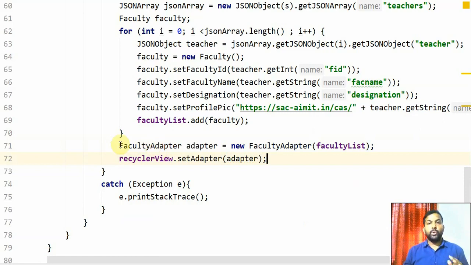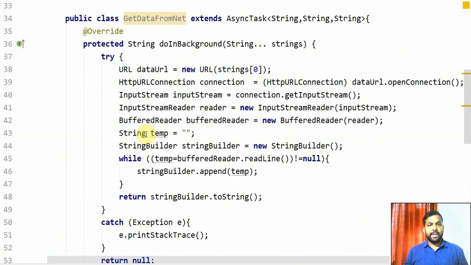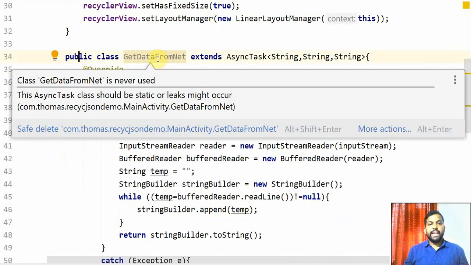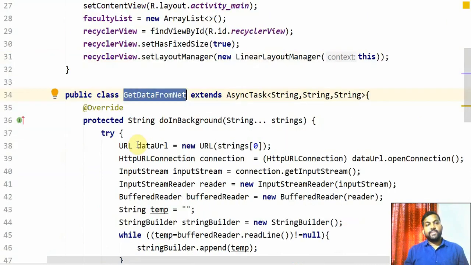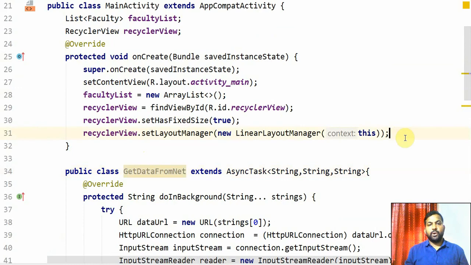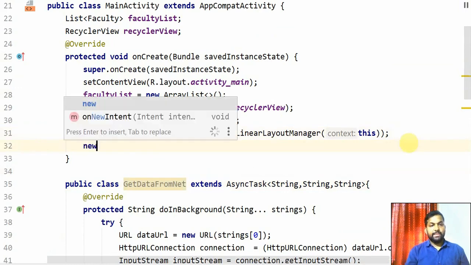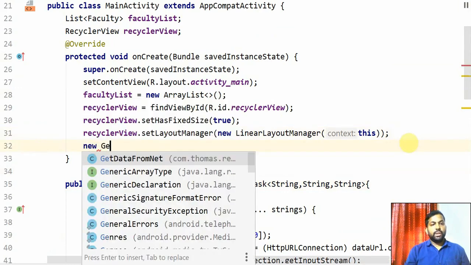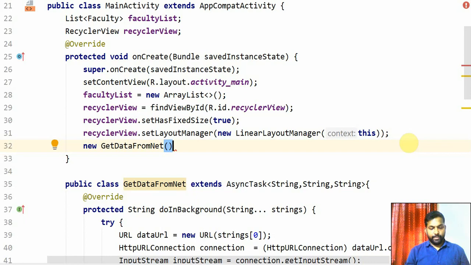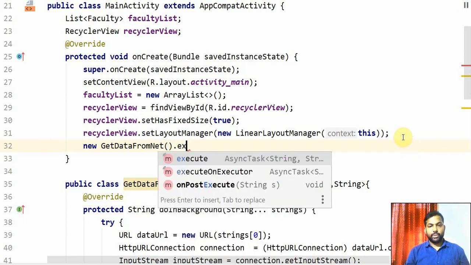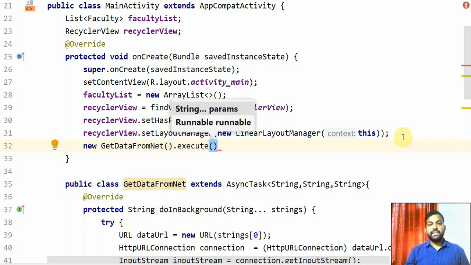Now this doesn't mean that our program is complete. Why? Because all code what I wrote right now in this part belongs to this class and I've never called this class anywhere. So what I'm going to do here is inside the on create of my program, I'm just going to type after this new object of get data from net dot execute. While you execute, it demands that you pass something. If you see that, it is a string. So here is where you will be passing that